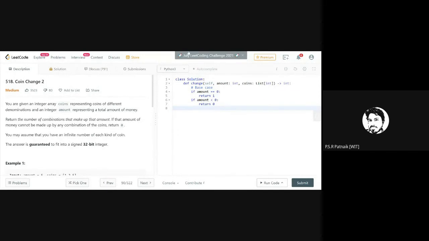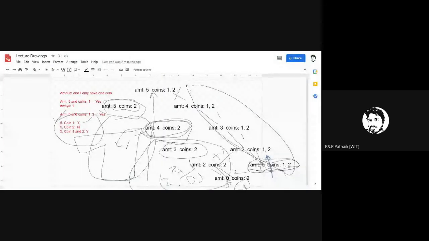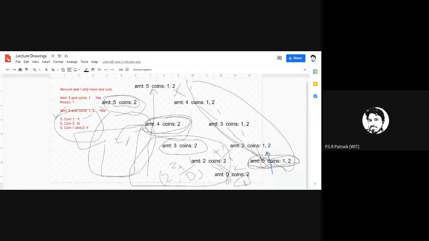So when we further explore this, there may be a case. We didn't go deep within this tree.